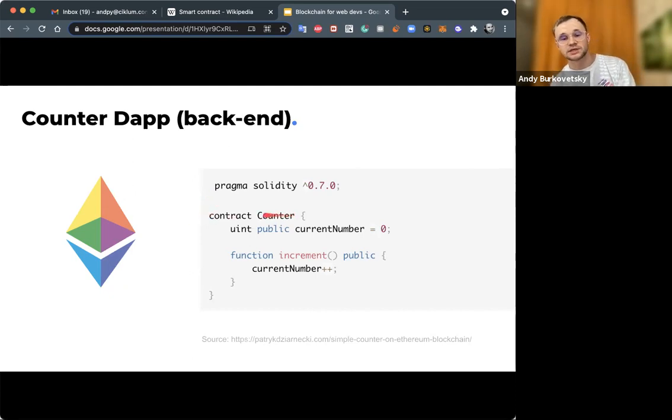So we have a class Counter, which is a contract. We have some state, current number, which is publicly accessible, and it has a uint type. We set up a default, initial value, which is 0.